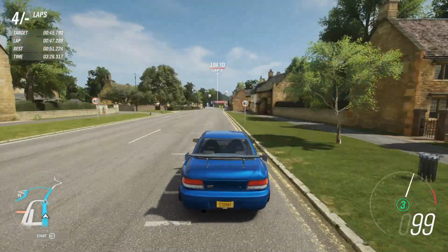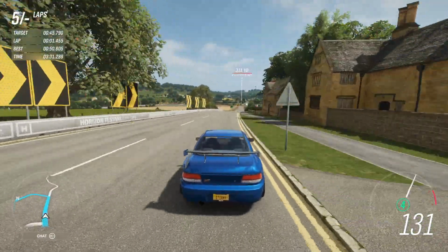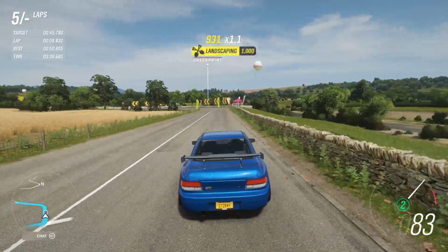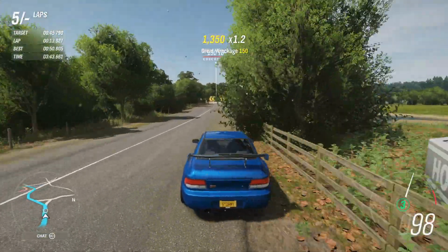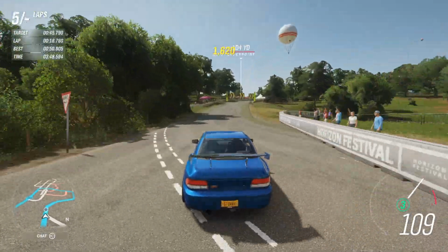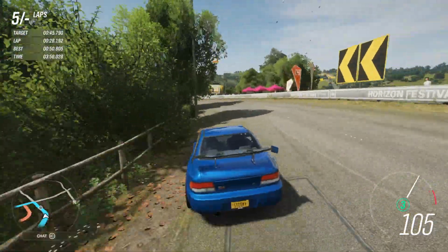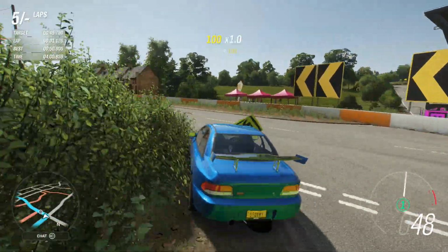Now, to finish off our testing of the street tires, we've got the Subaru going around here, and this one is very much the opposite of the RX-7. The RX-7 did not like this track at all. The Subaru, on the other hand, loved this track. It went wherever you wanted it to. As soon as you put your foot down, it was just off. It hugged corners like nothing else. It just worked around here, and you saw that in the final time, because it managed to pull off a time of